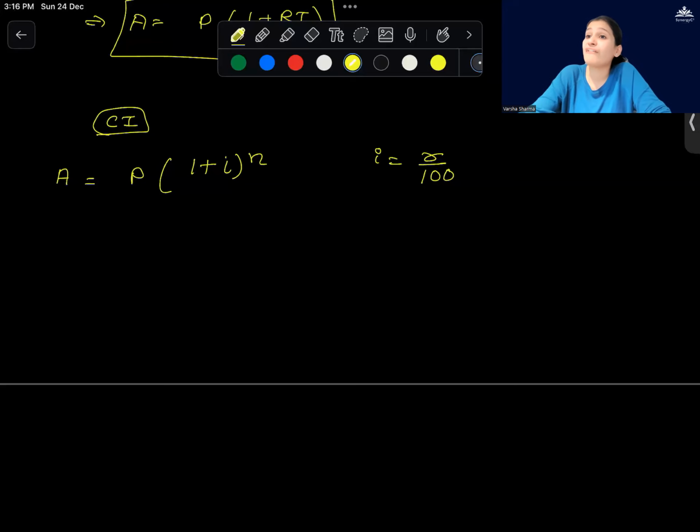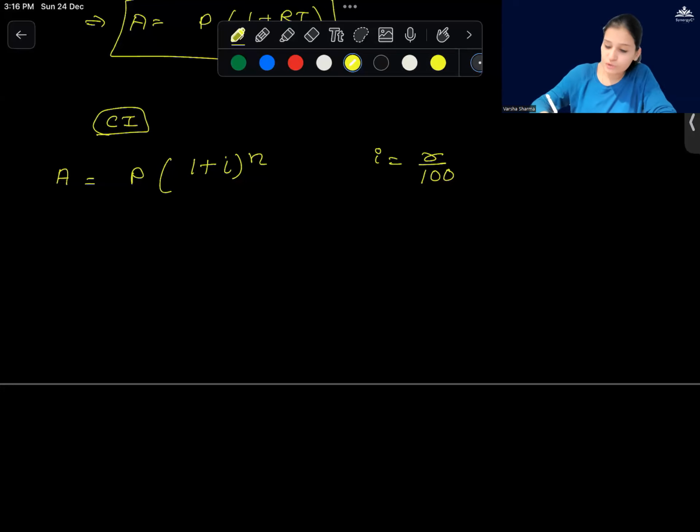If you have half yearly or semi-annually, then in 1 year, how many interest amounts? 2. So the power will be twice. Then if it is quarterly, in 1 year, how many? 4. If it is monthly, well, clear? So if I'm saying 3 years, then annual interest, how many durations? 3. Half yearly, 6. Quarterly, 12. Monthly, 36. Clear? So the power is always the number of times you're charging the interest. i is always the rate in decimal format. 1 plus i is the compounding value. P is the sum of money or the principal that is lent out. And A is the amount that you get.